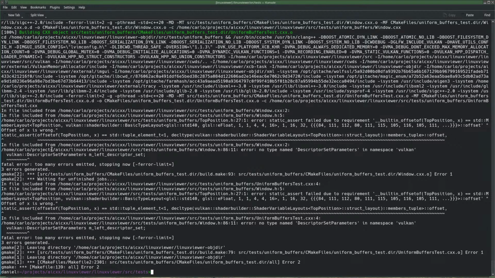I don't see a good reason why it would fail. Because you could ask what is the value of this offset. That would be the offset that it should be.